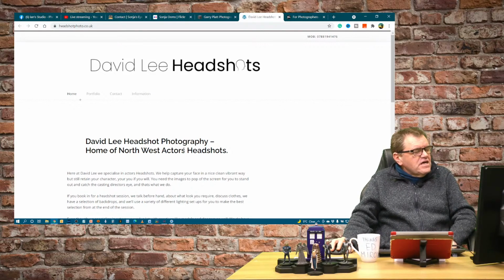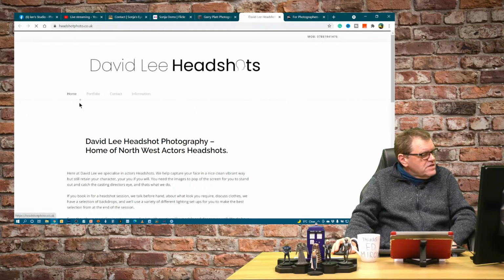Now, the first thing when I approached this website, I saw the plus there and tried to click on it, and it didn't do anything, despite the fact that directly below it is obviously something clickable, but it's just taking me back to the same page. So it's just a little bit confusing, that plus sign on there.